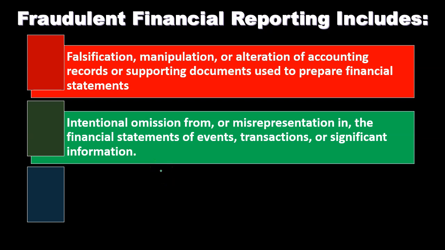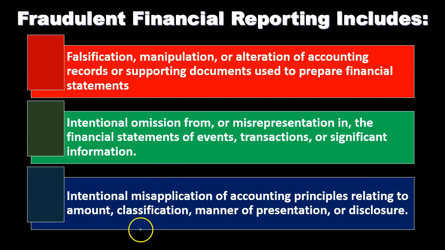Intentional omission from or misappropriation in the financial statements of events, transactions, or significant information. So if they were to actually omit activities that are happening, possibly say a loan or some type of liability on the books. Again, this is something that you would typically see in the upper level of management, because the types of things that would be omitted that would have a significant impact on the financial statements are those that aren't typically the day-to-day transactions, but the larger transactions, those that would have more direct control by the upper management. And also, of course, the upper management can then intervene within the internal controls to do such activities.